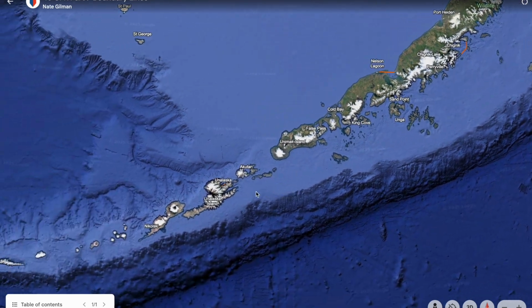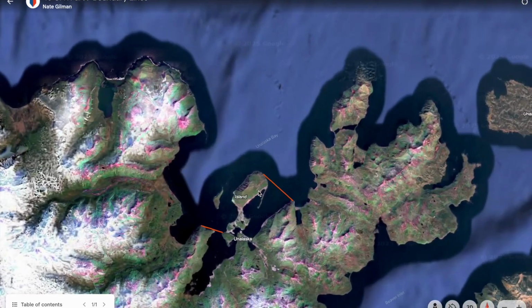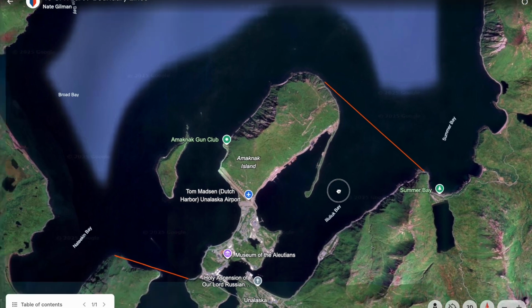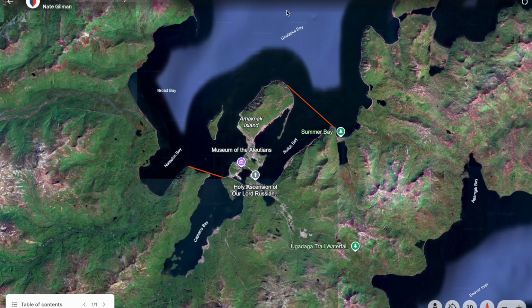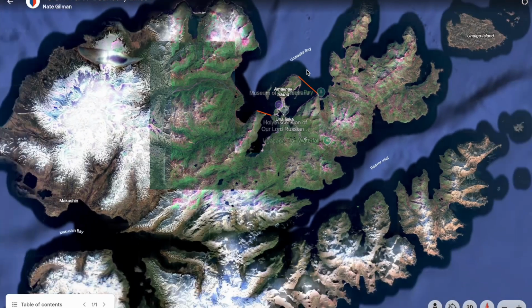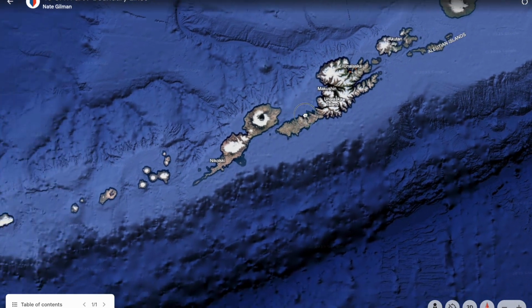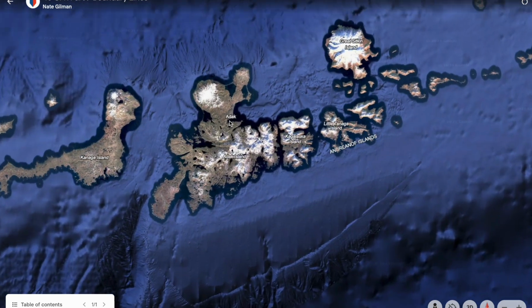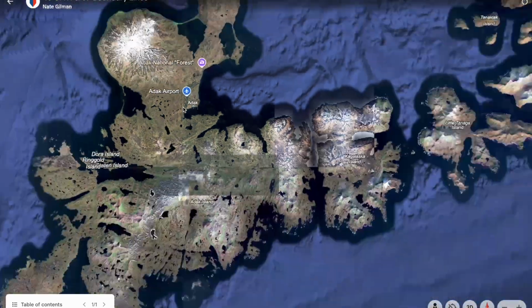But as we make our way down to Akutan and Unalaska, we'll see Unalaska has both Captain's Bay and Iliuliuk Bay are going to be both inland, whereas everything off of there is going to be near coastal. So everything in Unalaska Bay and Summer Bay here is all near coastal time. So breakwater is a little bit different than you'd normally imagine. And then as we make our way all the way out to Adak, you can see that's near coastal the whole way. So if you make your way out to Adak, you're going to be getting near coastal time.